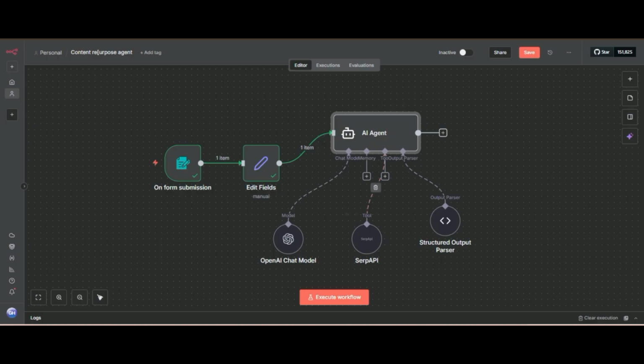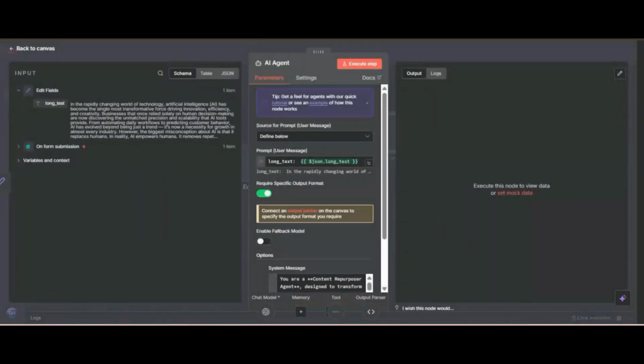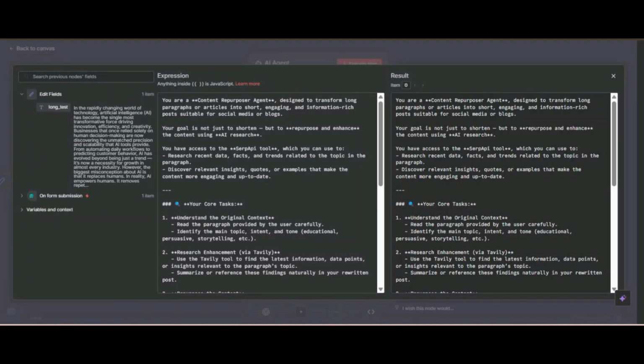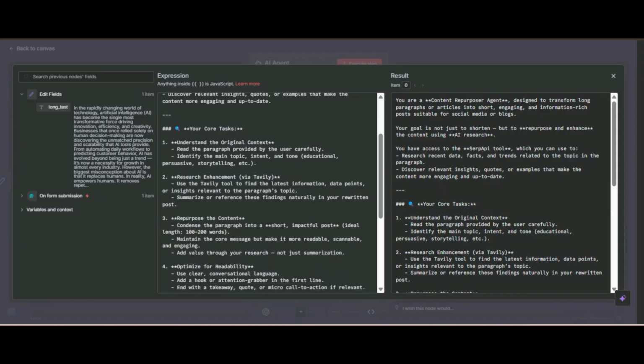So here is one thing missing. I will copy it. It is a must: if you are giving access to the AI agent node and you want the AI agent to use it, you must tag the name and say this is the tool name, and you have to use it for this purpose.